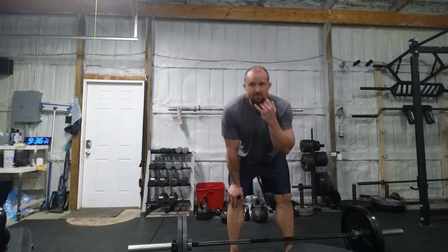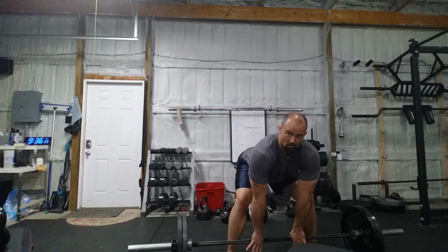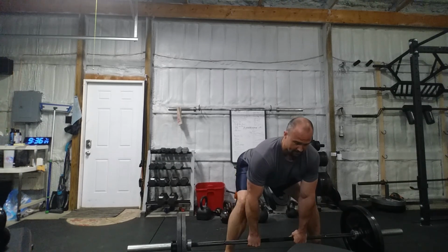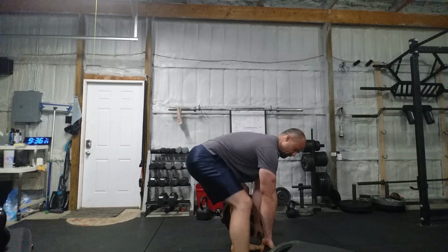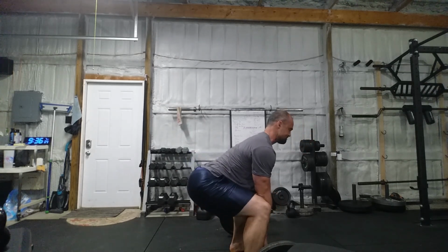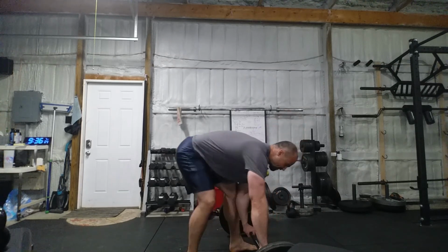If you have straps, it's not that big of a deal. You just start from the straps, but you want to work your way from the inside out. So lock those lats in, and then, let me show you on the side here, sort of grow your body into the bar. Now you're completely loaded. My hamstrings are ready to explode. And from there,